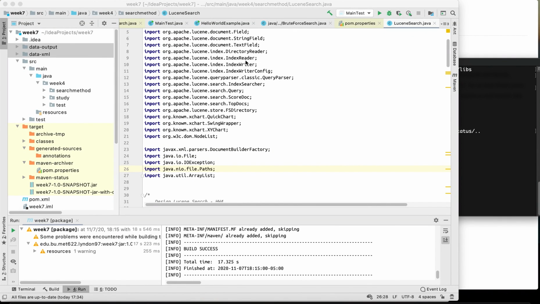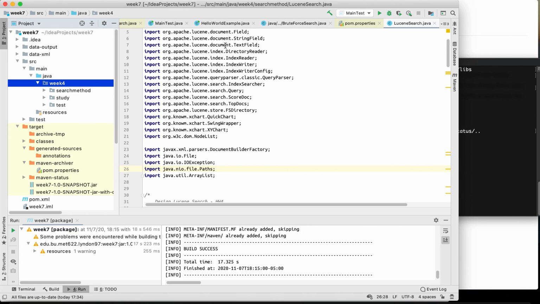This week we need to use Maven and Gradle to build the Java program that we did in a previous homework. So here I use week 4's homework, which is to use Apache Lucene and brute force search to compare the search efficiency. So I just copy the week 4 folder, as you can see